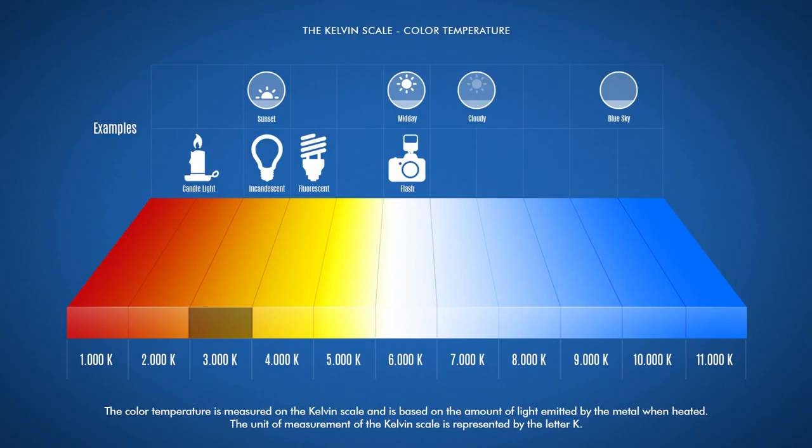And by understanding the light temperature and color on the Kelvin scale, you can understand why an incandescent light produces a yellow tone or even orange tone to the ambient. That's because of the Kelvin scale temperature. It is because of the color temperature of the metal inside the lamp